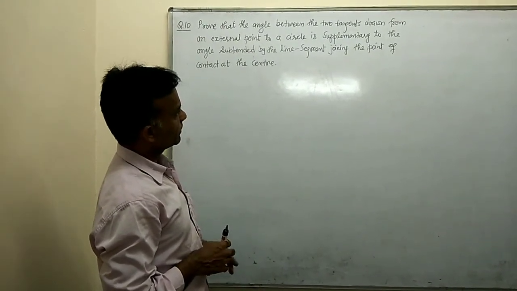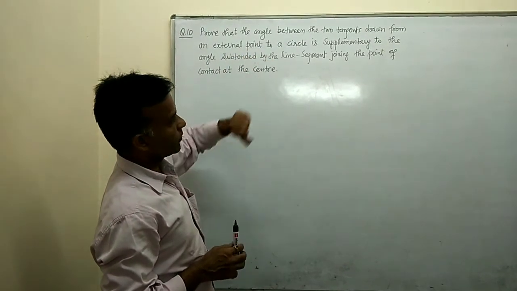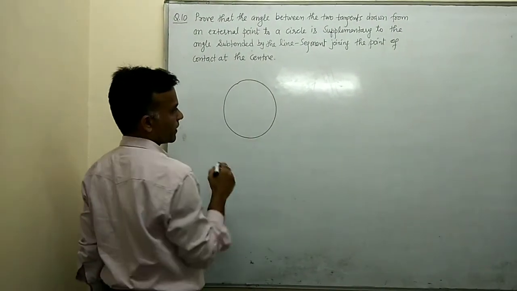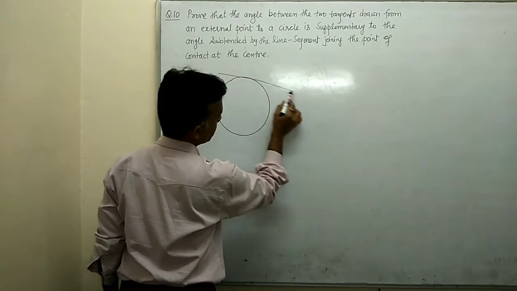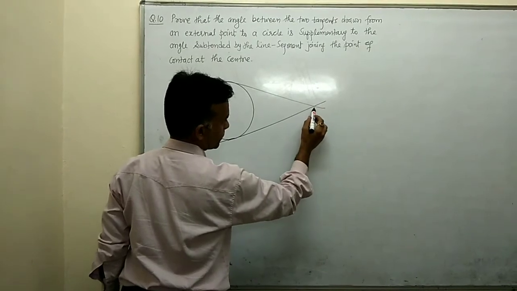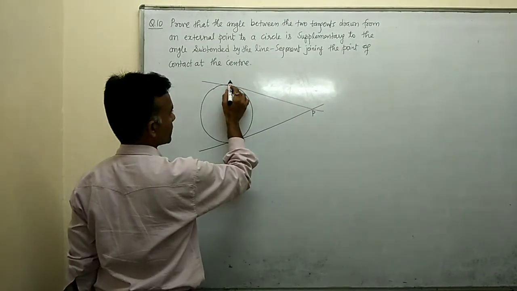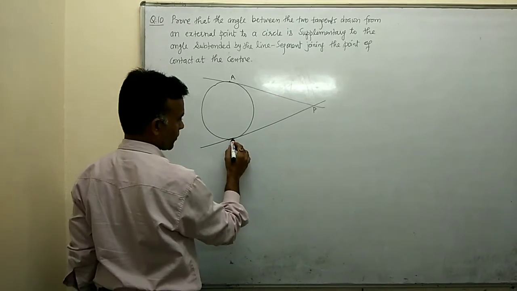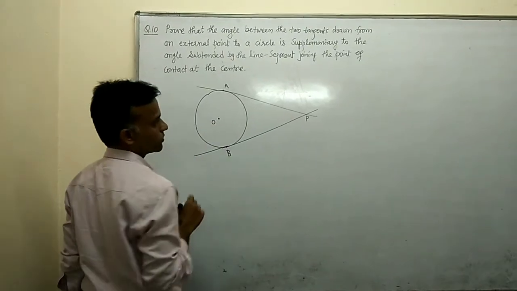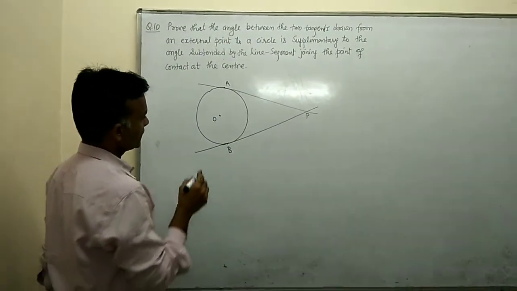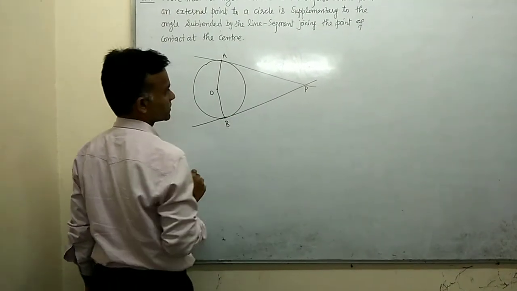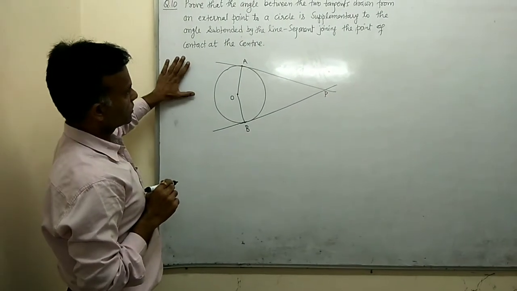Which type of figure do you have here? Now we discuss the tangents, and the external point is given. So first you draw the circle. Okay, now there are two tangents you have to draw here. This point P, you take as the external point. This point is A, that is the point of contact. That is B, and now here you consider center O. Okay, so now you join these two points and these points. So this is the given concept.